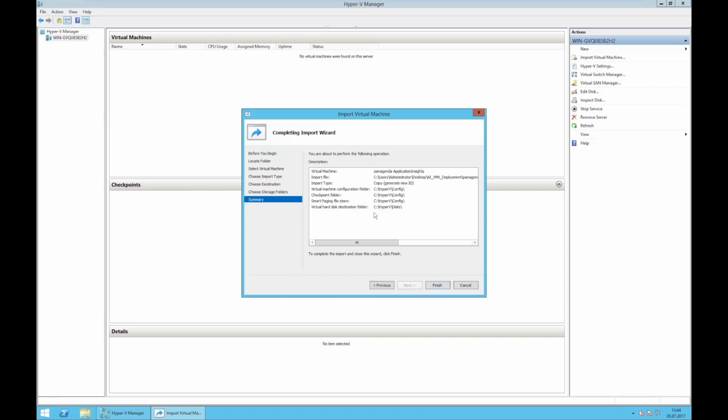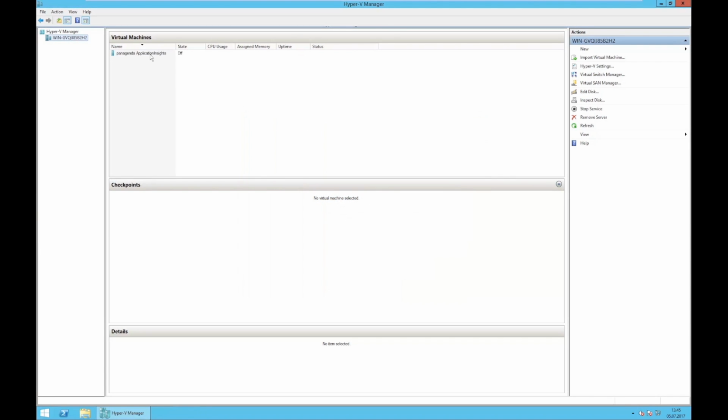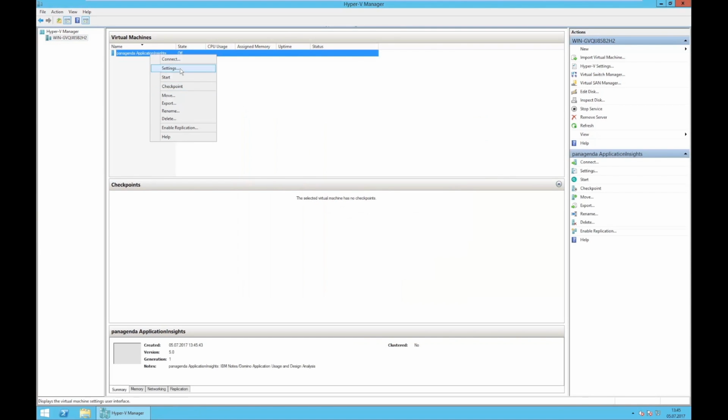I get a summary here again, what I've chosen, my configuration options, and I just click on Finish, and the process is quite similar to what we've just seen in vSphere. It now deploys the appliance, puts everything in the right spots, and once that is done, we're going to take a look at the appliance, edit it, and add a new hard disk file so we can enlarge that later on in the tutorial. Once the process is done, we right-click this machine here and say we want to edit